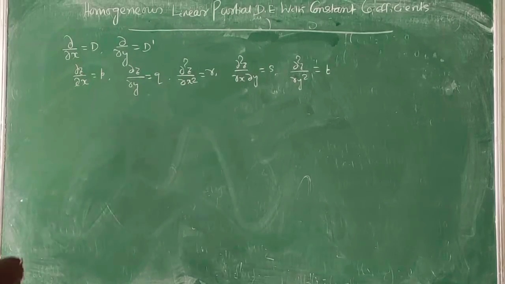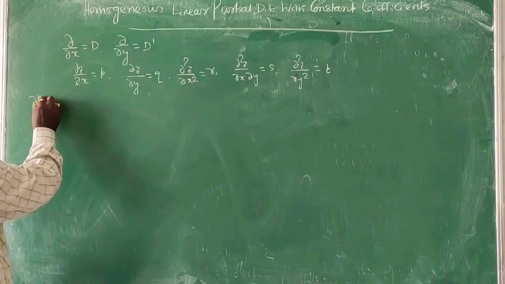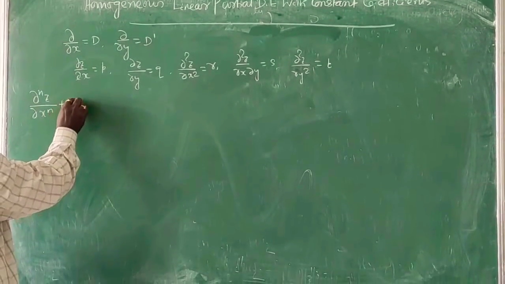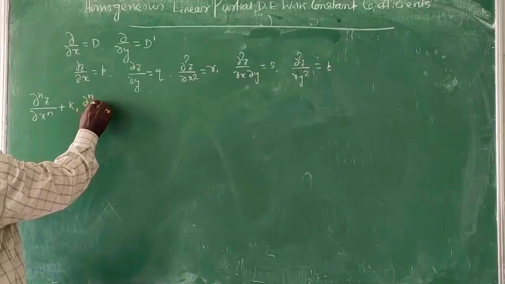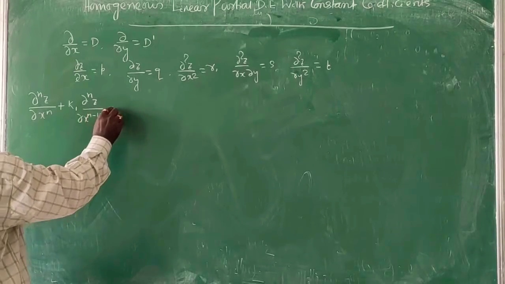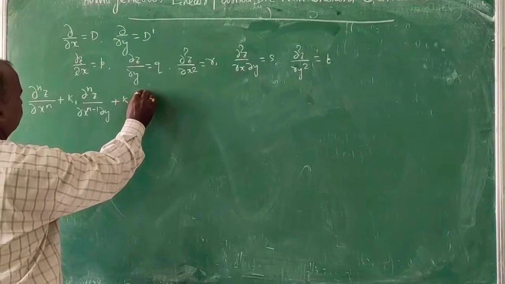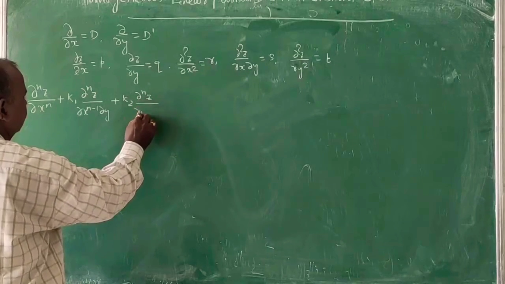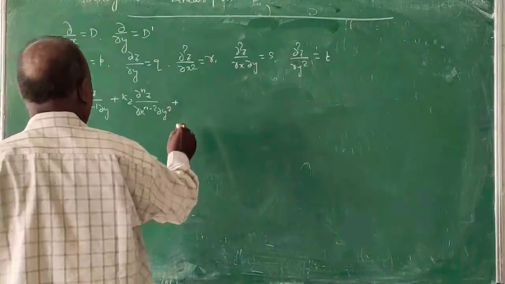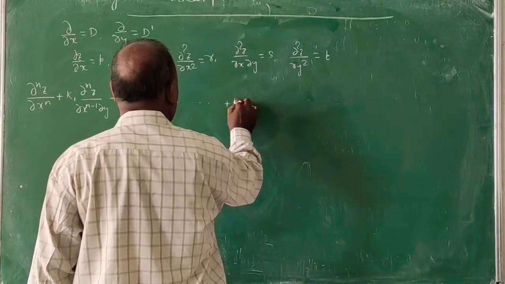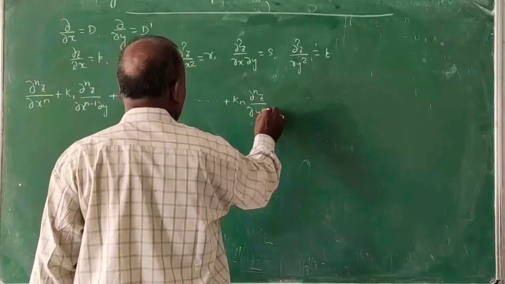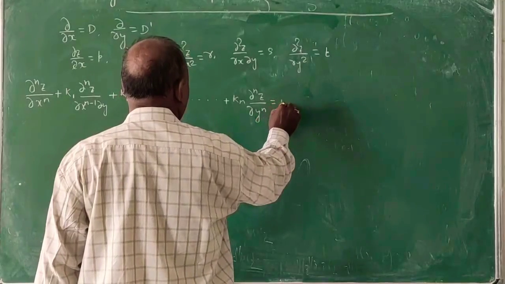Now consider this type of differential equation: del n z by del x to the power n, plus k1 del n z by del x to the power n minus 1 into del y, plus k2 del n z by del x to the power n minus 2 into del y square, and so on, continuing this way up to kn del n z by del y to the power n,